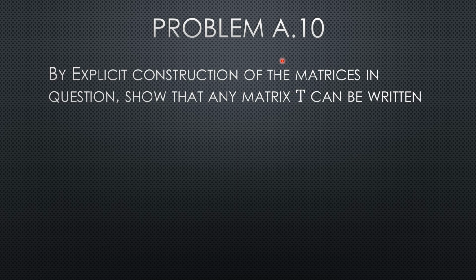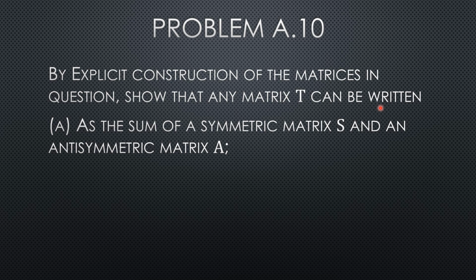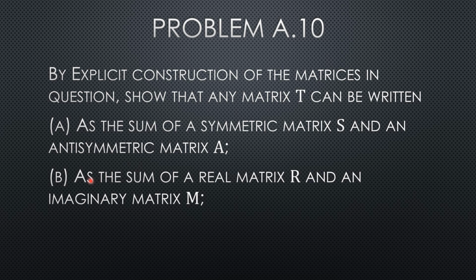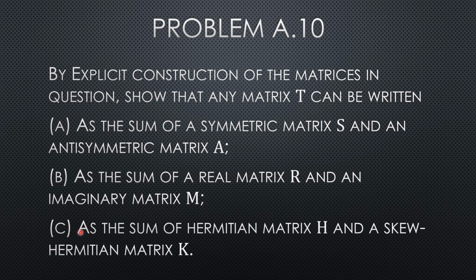So in problem 10, we want to, by explicit construction of the matrices in question, show that any matrix T can be written A as the sum of a symmetric matrix S and an antisymmetric matrix A, B as the sum of a real matrix R and an imaginary matrix M, and C as the sum of a Hermitian matrix H and